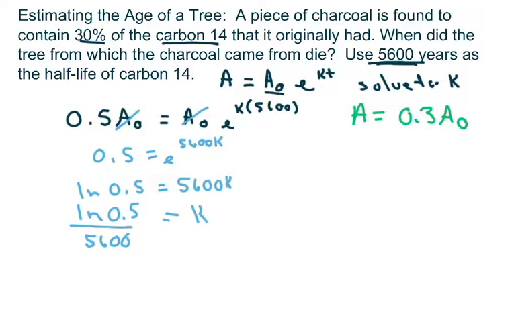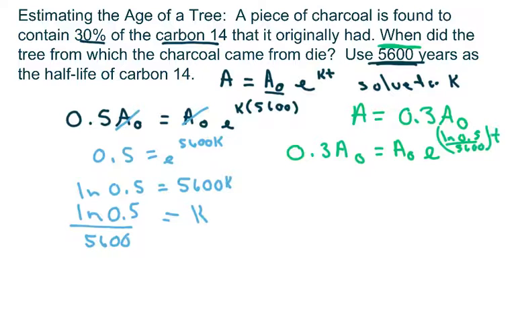So what I'm going to write is 0.3 A sub 0 equals A sub 0 e to the K, which is ln of 0.5 over 5,600,